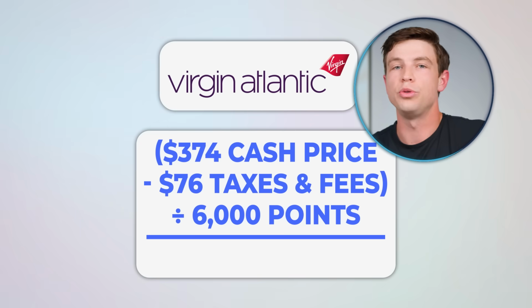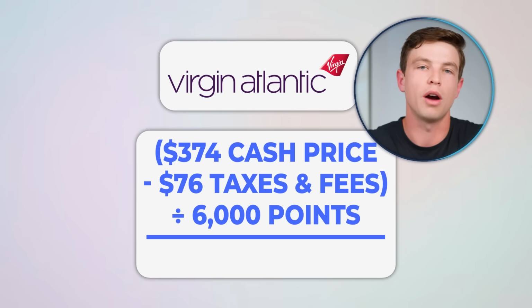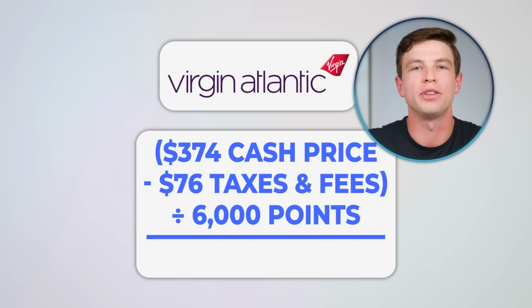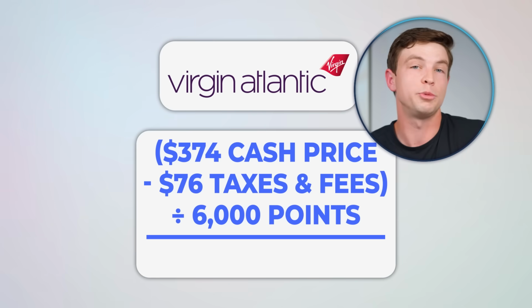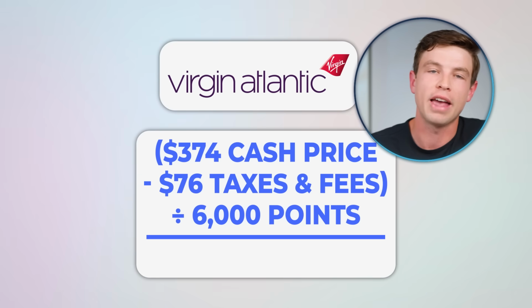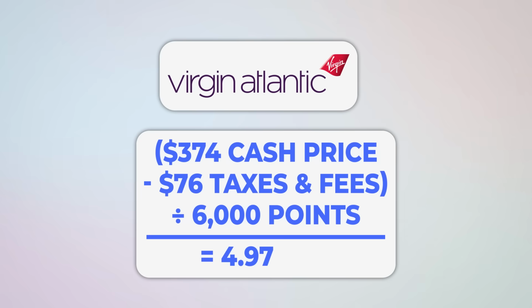The reason why we need to do the cash price minus the taxes and fees from the reward pricing in the numerator of this equation is just because in both these methods for booking this, we're going to have to be paying some cash out of pocket no matter what. So the difference between these two numbers is going to be the amount of cash that we're actually saving here in this example. But anyway, that's going to give us a value of 4.97 cents per point,